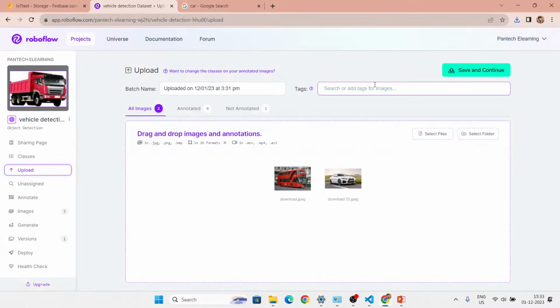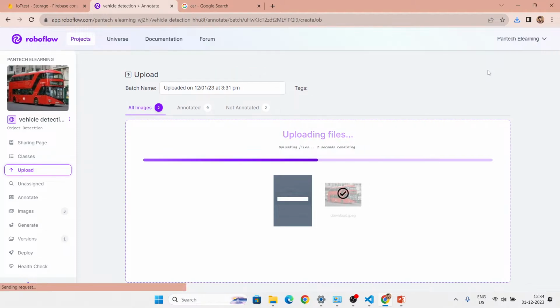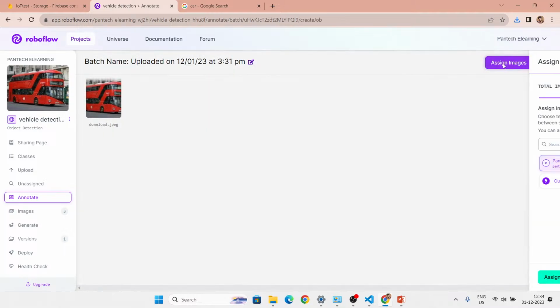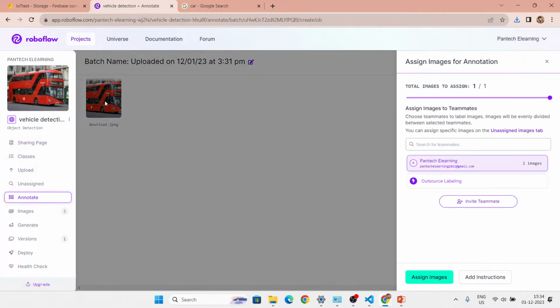Just drag and drop, or you can use the upload option to select files or a folder. So I've added two files here. In a real case, even if you're just making a personal project, you need at least around 1,000 images to get a better working model. Then save and continue. Then assign images. You can't assign images right now because you need to annotate the images. So to annotate,